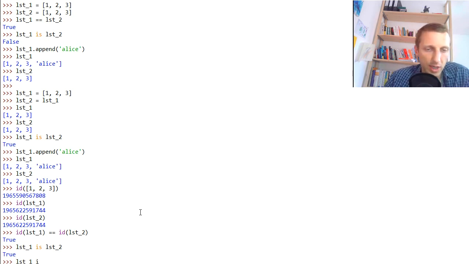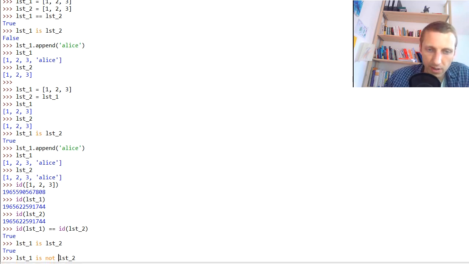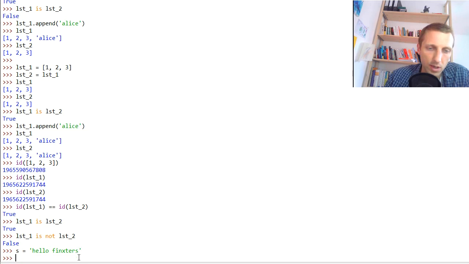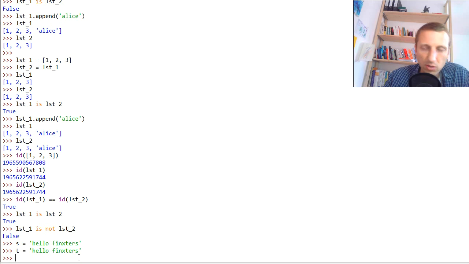If you can check the is operation, list1 is list2, then we can also understand the is not operation, right? Intuitively, if the first one is true, the second one should be false. So it simply inverts this. For example, if you have two identical objects, say a string variable "hello Finxters" and a second "hello Finxters". Strings are immutable, which means they cannot be changed afterwards, and therefore if you check the